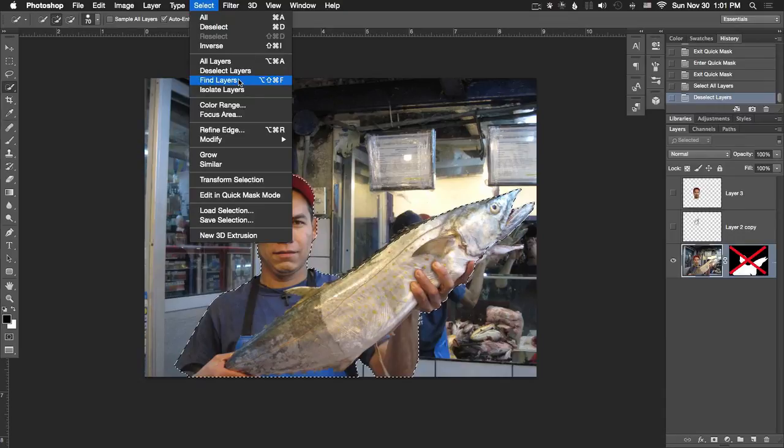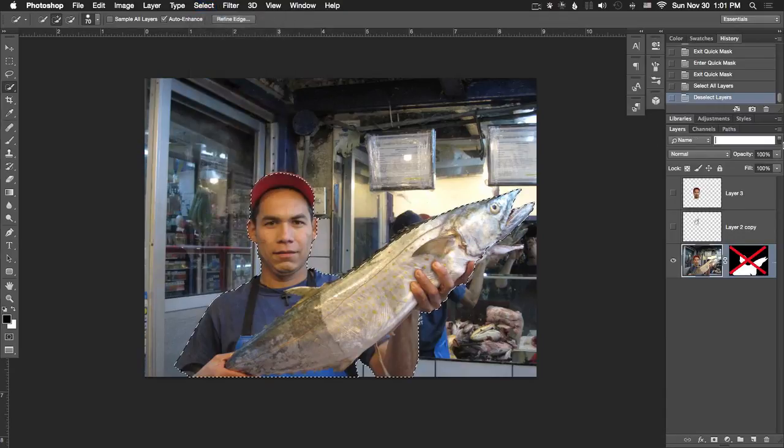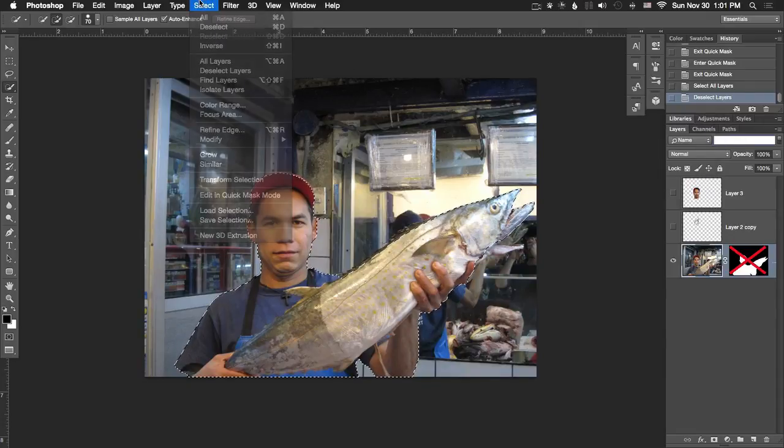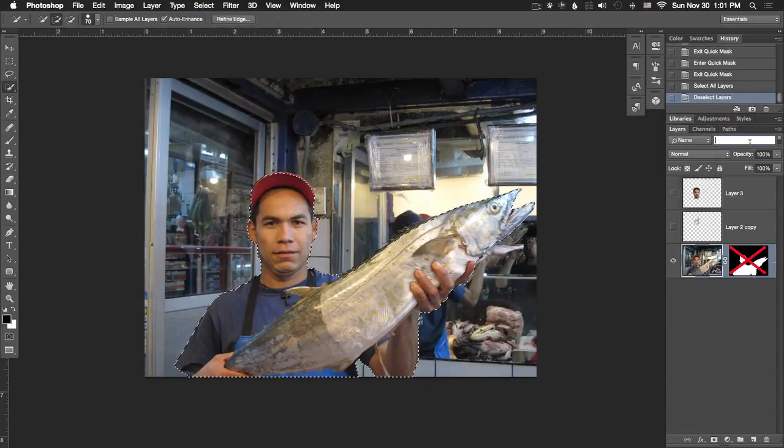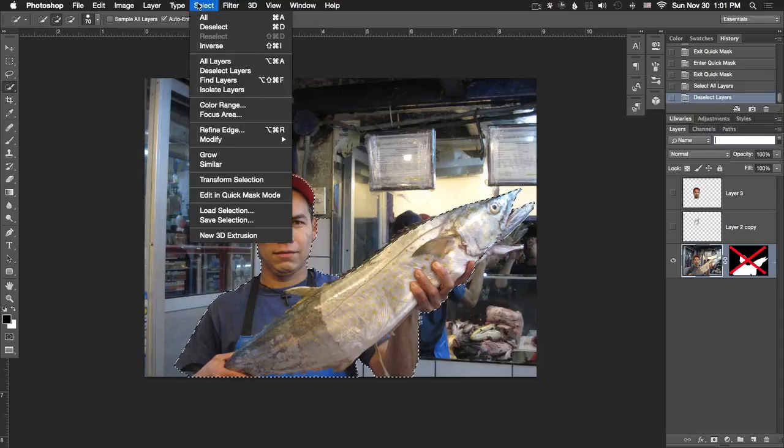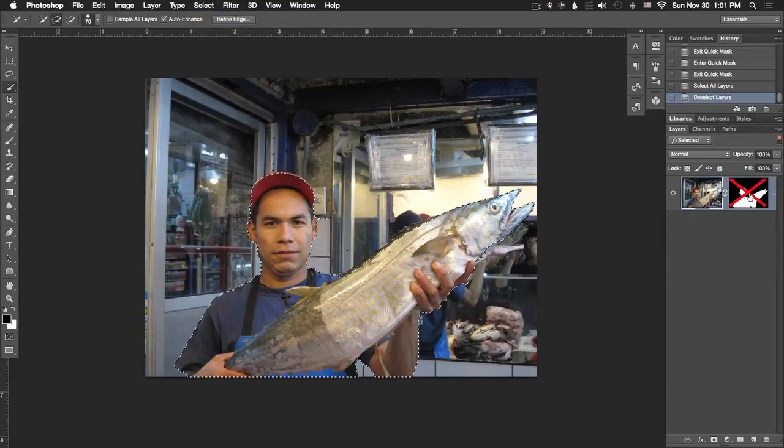Yeah? Find Layers. This basically just goes to the find layers palette because there's all sorts of things up in the layers thing and it jumps you right there. So rather than doing it exactly where you'd expect to do it, you can do it through some convoluted dropdown because sure, why not? Isolate Layers isolates all of the layers that you have selected,